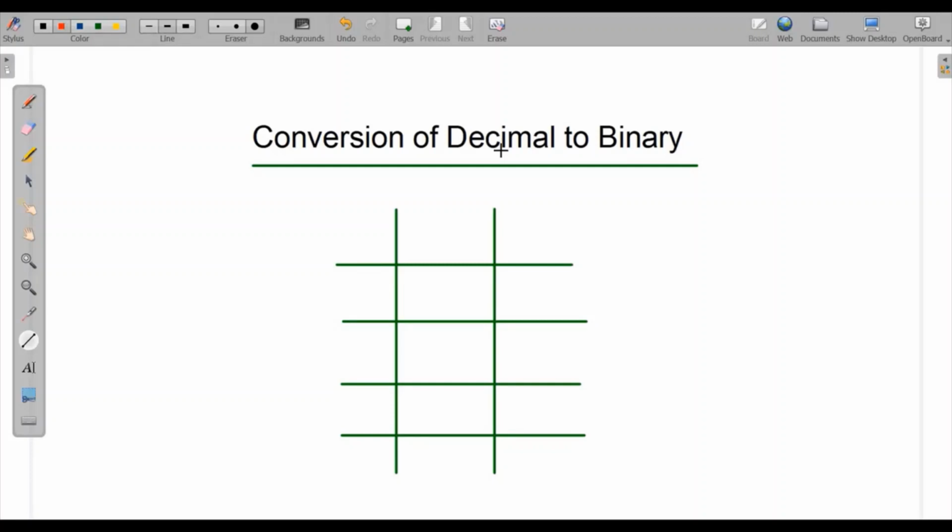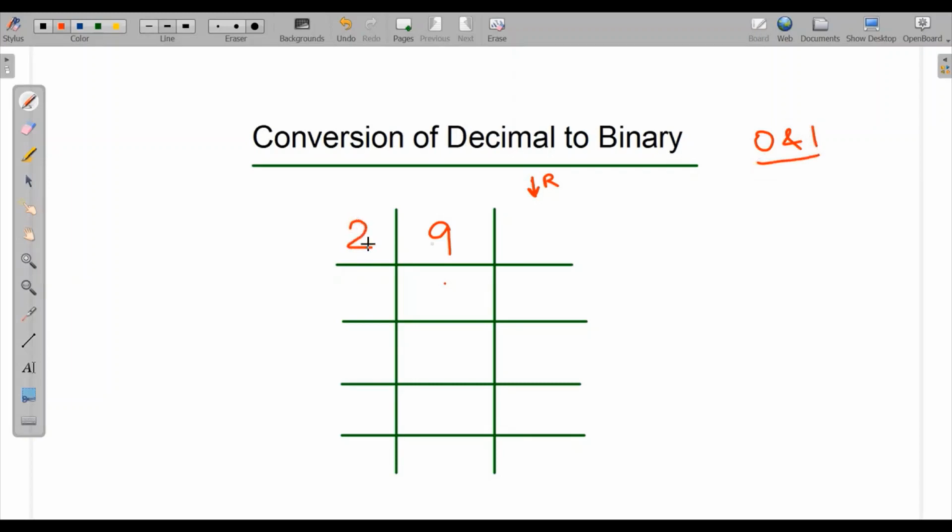But before this, we should know how to do it mathematically. So let's take an example, let's say 9. And make sure whatever remainder we'll be having, we will write beside this cell, and the quotient will be here below the 9. As binary is always represented by 0 and 1, that means two numbers, so we will take 2 over here.